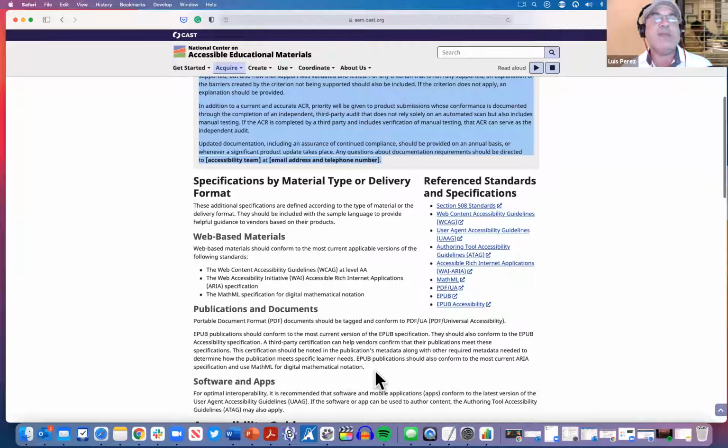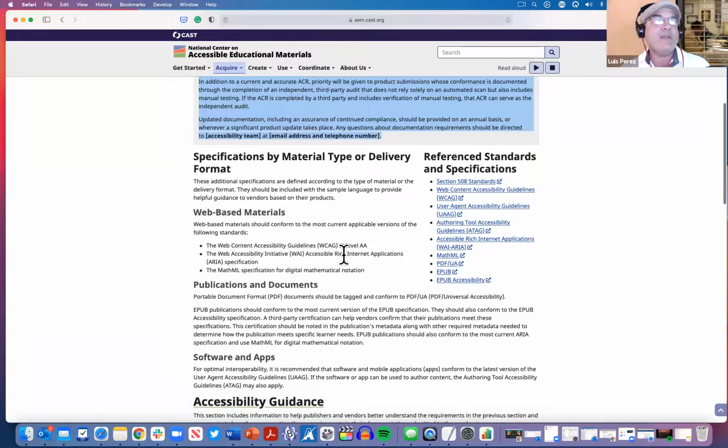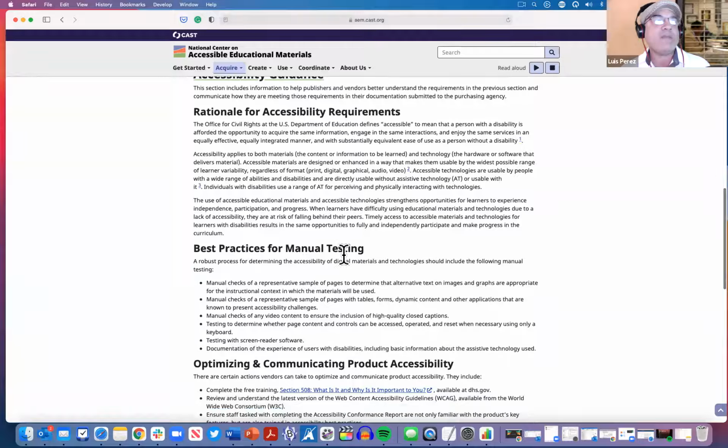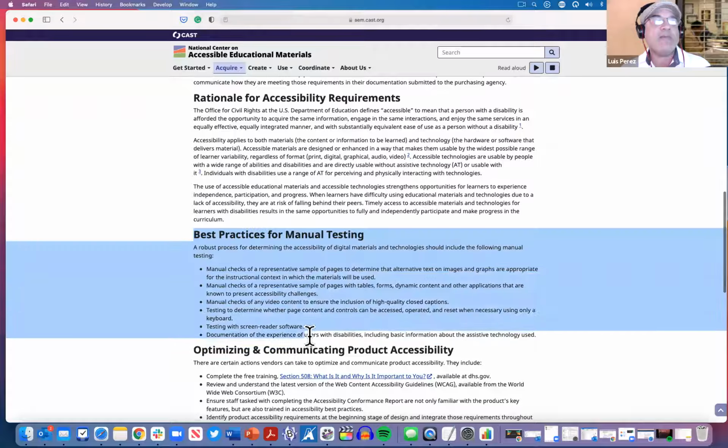Then it's important to have an understanding of what standards we are addressing when we're procuring. So we have that information. But what's really important here as well is that vendors can provide documentation in the form of a VPAT, but the VPAT has some limitations. So often you do have to do some sort of authentic testing as well on your end. So we have some suggestions for how to do some of that testing, some of the things that you need to keep in mind as best practices for making sure that the documentation they provide actually means what it says it means.